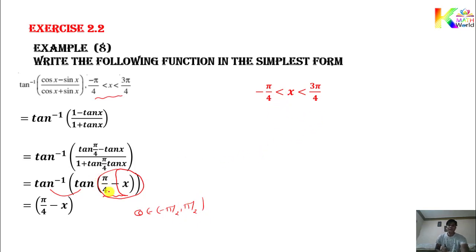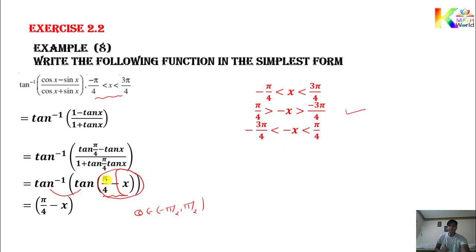Okay, so firstly we try to set this theta. Minus x is required, so we need to multiply by minus. We know that when we multiply by minus, the inequality changes. So you got here pi by 4 greater than minus x greater than minus 3 pi by 4. To write the interval format, we always write the inequality in less than format. So we can write minus 3 pi by 4 less than minus x less than pi by 4.